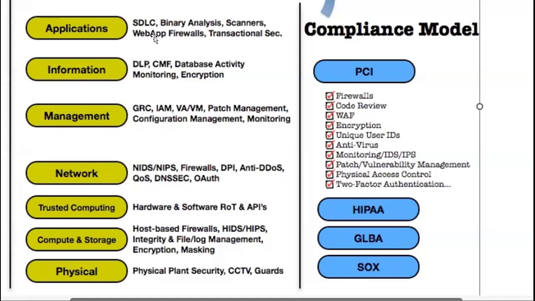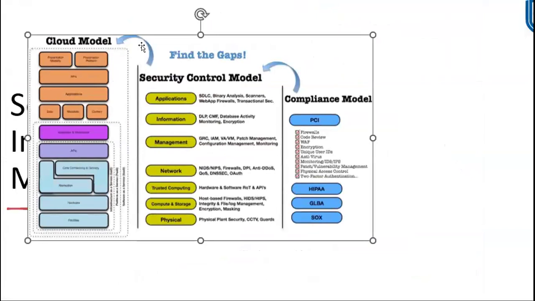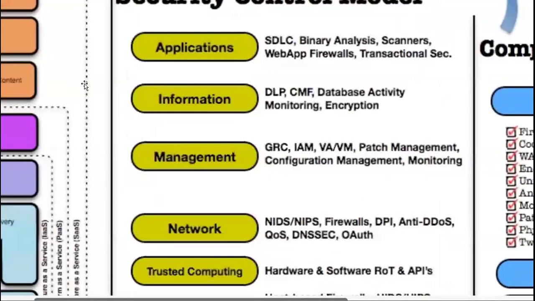And then there is the application security model, which talks about how you are going to set up, how you are going to find out if any problem is there, and the transactional security or web app firewall securities. Web app is like another end user point or endpoint security. We'll talk about that in the second week program, which is endpoint security. So these are the different things that should be put into the cloud model.